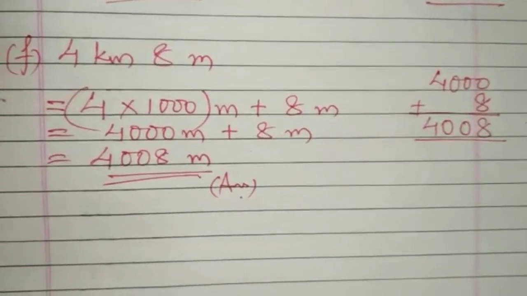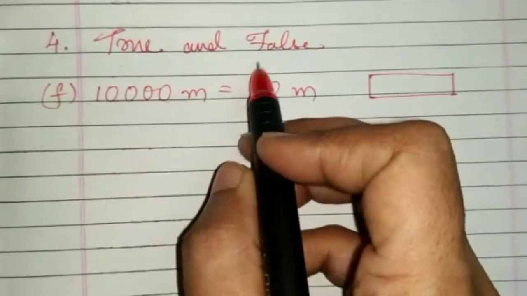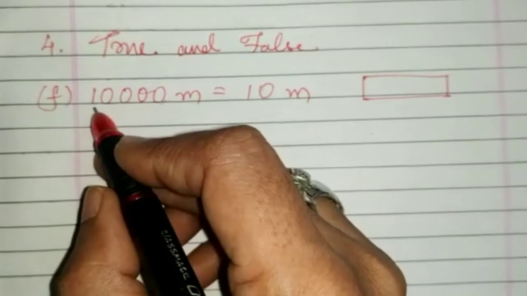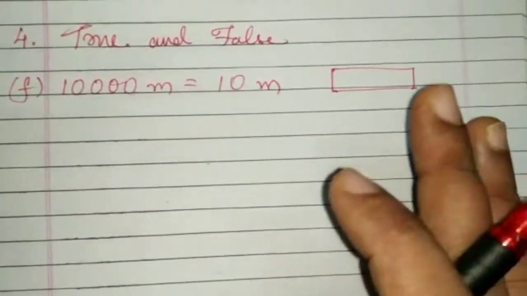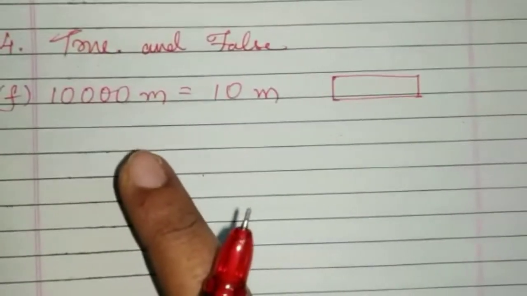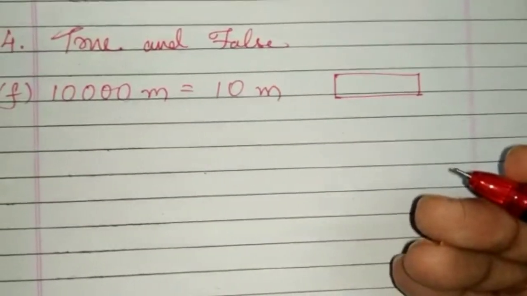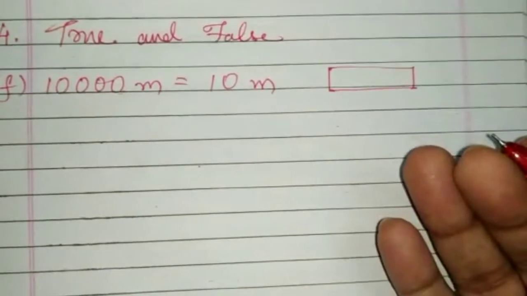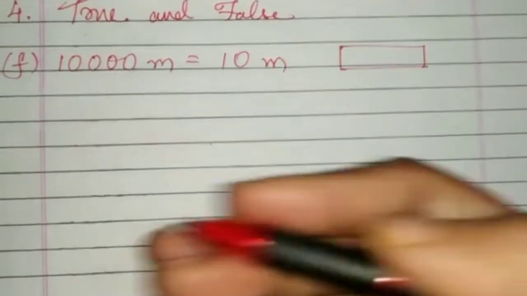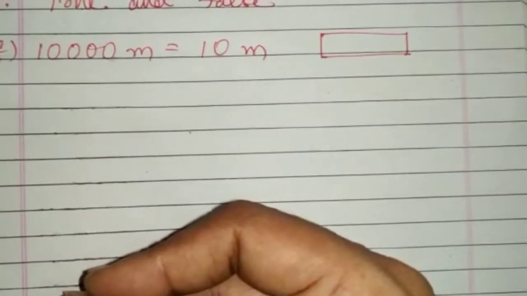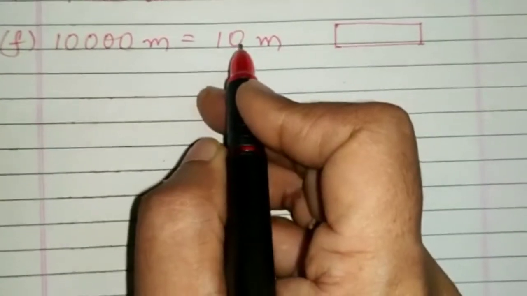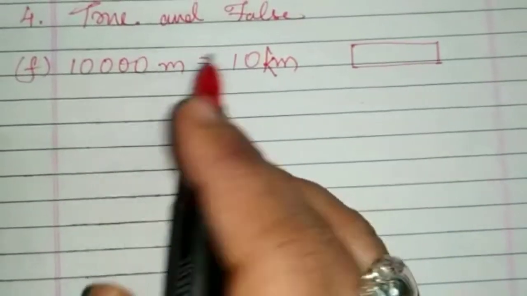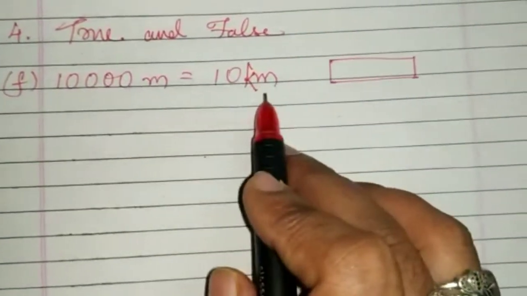Now complete this number. Number is true and false. 4 number. I am showing you one example, that is F. Normally the students do mistake. You will not write true and false directly. You have to solve it as we have done in number 2 and 3, and then only you will write whether it is true or false. So all the bits you are going to solve it and check. Now this F number, why I have chosen? Because the question is here kilometer here. So the question is from smaller unit to bigger unit.